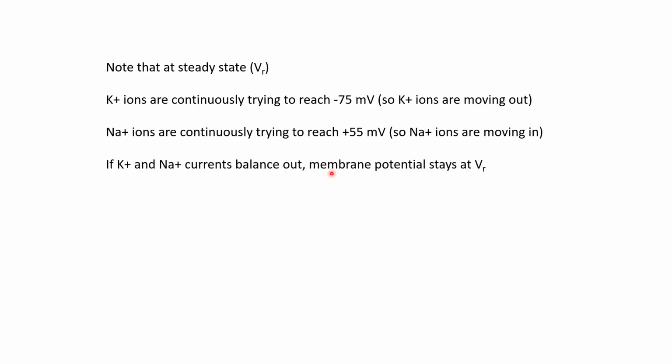So both the ions are moving, even though the membrane potential is not changing, because these two currents have balanced out. So the membrane potential does not change, even though sodium is trying to move in and make it more positive, and potassium is trying to move out and make it more negative. Although the net current is zero, the individual sodium current or the individual potassium currents are not zero. Both currents are present. It's just that these two currents are in opposite directions and they cancel out. We can think of it as a futile exercise that these two ions are doing, trying to change the membrane potential in different directions, and both are cancelling out.